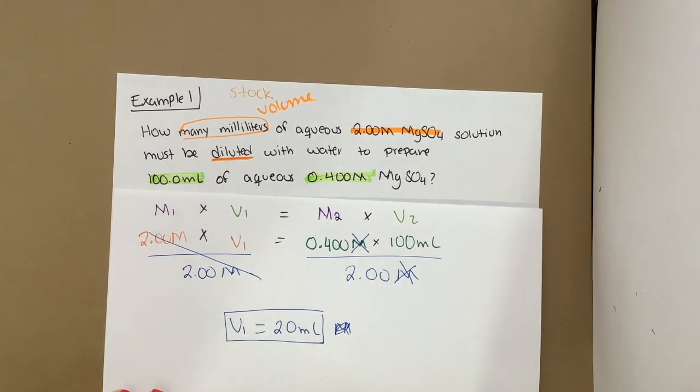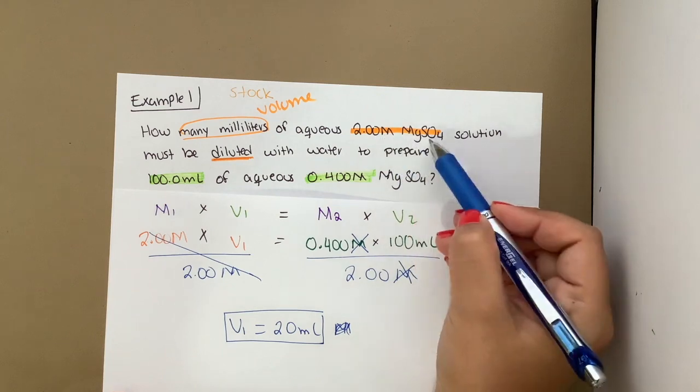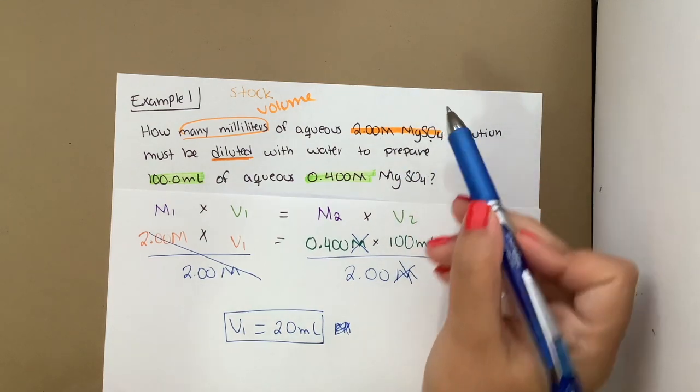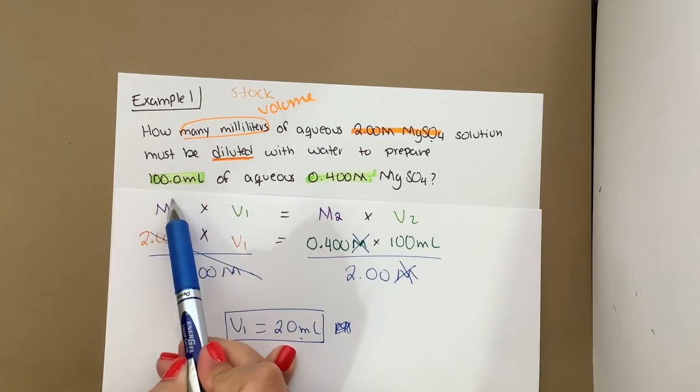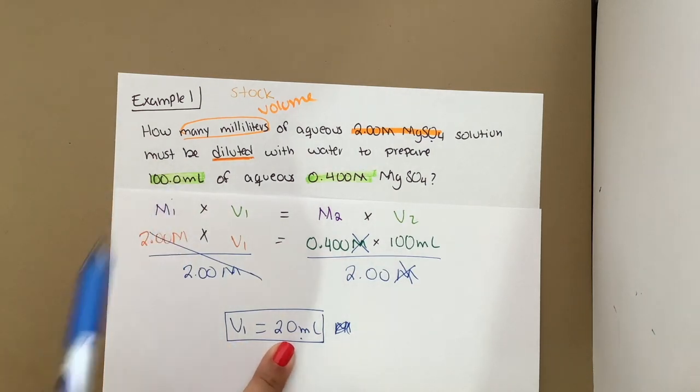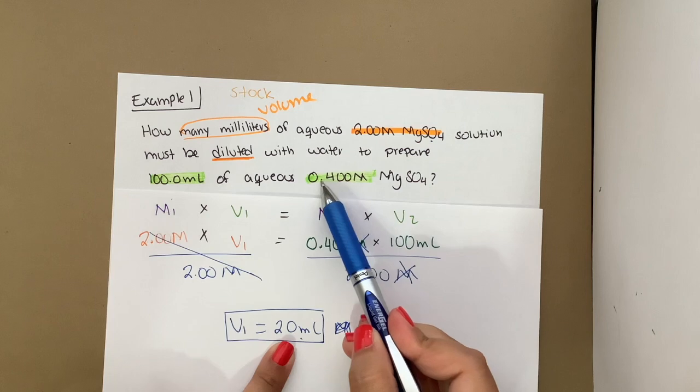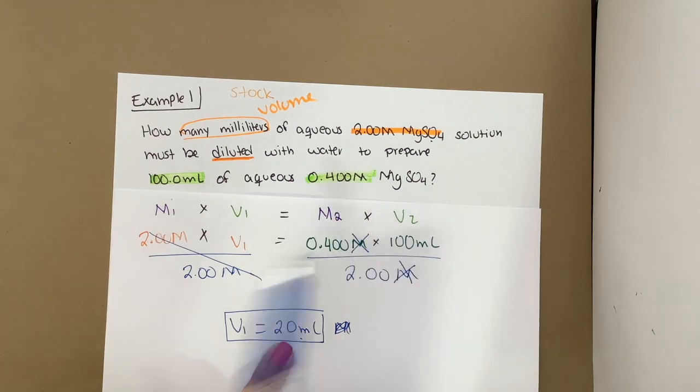So that's my final answer, 20 milliliters. I would add 20 milliliters of my 2 molar magnesium sulfate solution, add water until that 20 milliliters reaches 100 milliliters, and once I've added enough water to reach 100 milliliters, my new concentration is going to be 0.4